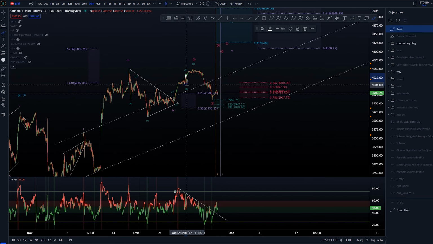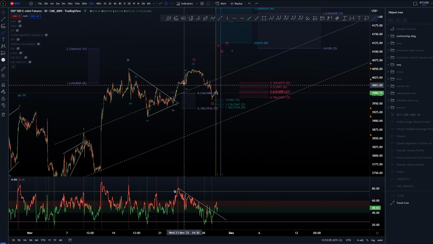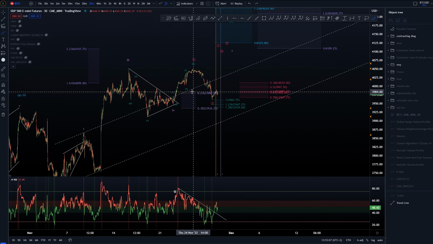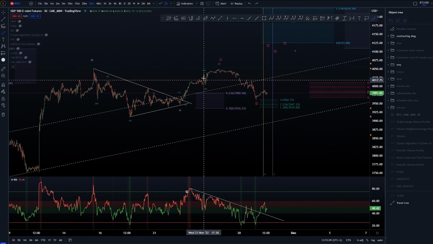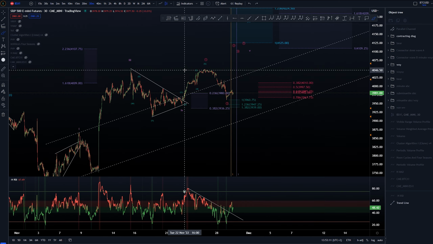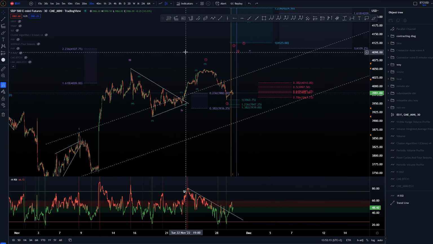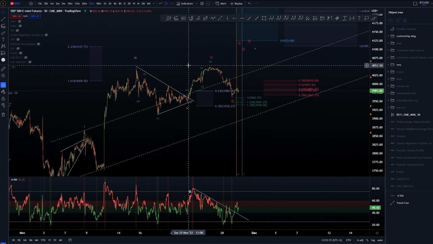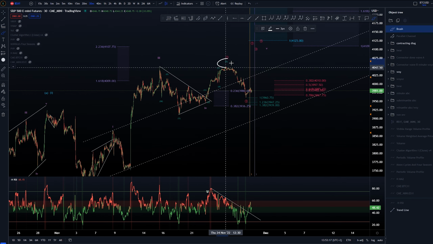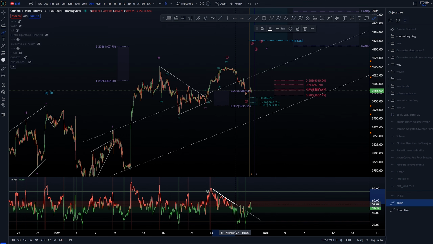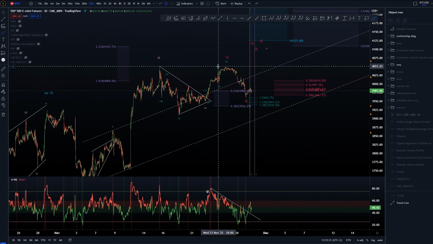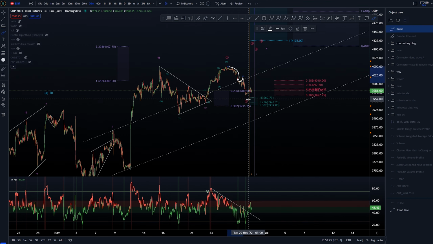We had, I think, some kind of news event where we had more volatility in the markets, creating all kinds of price movements here that are not really making too much sense in the count, but again, that's that. After putting in that possible fifth wave, with these divergences happening, we started to come down in price,